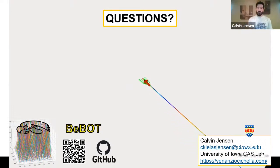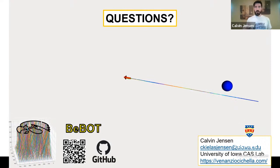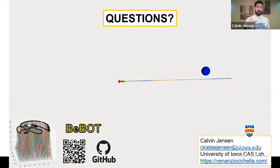So this actually is very applicable to your field as well. Now, I personally have not written algorithms for that because we focus on mobile robots in my lab. However, it comes down to how you formulate the optimization problem. I'm sure you've dealt with solving an optimal control problem subject to dynamic constraints. Well, you'd have kinematic and dynamic constraints, so x dot is equal to f of x. And using the Bbot library, we're able to solve problems exactly like that,